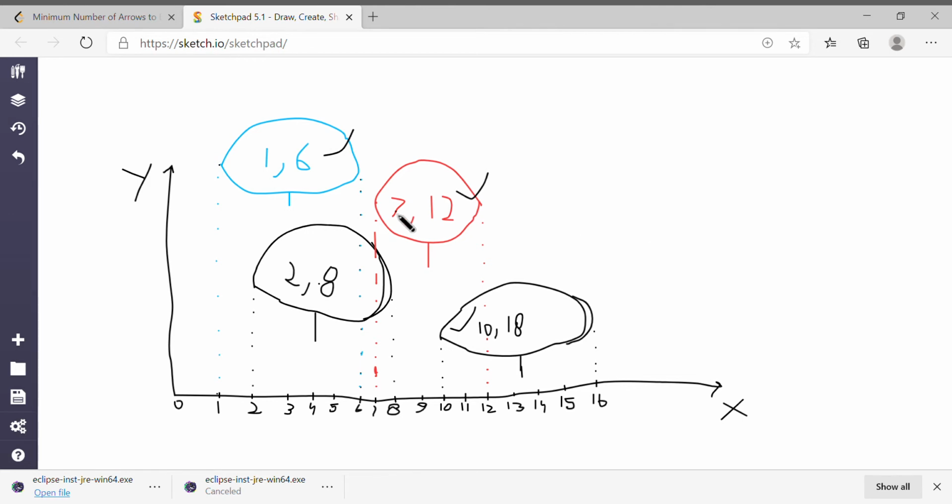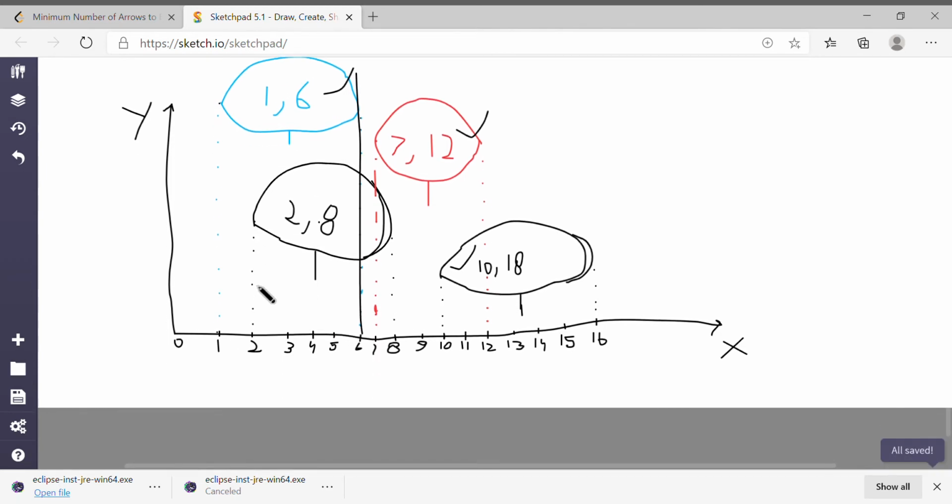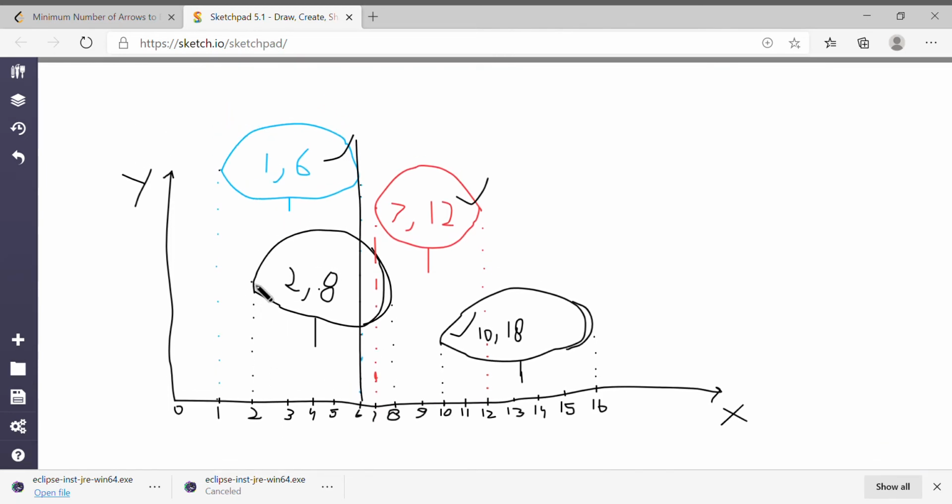So basically what we are trying to find here is the intersection of each balloon, and to get how many balloons lie in that axis range.